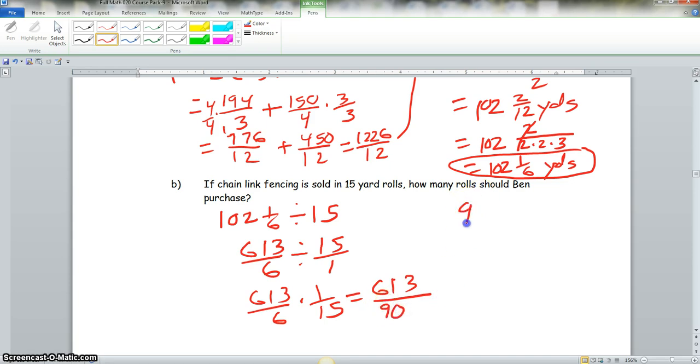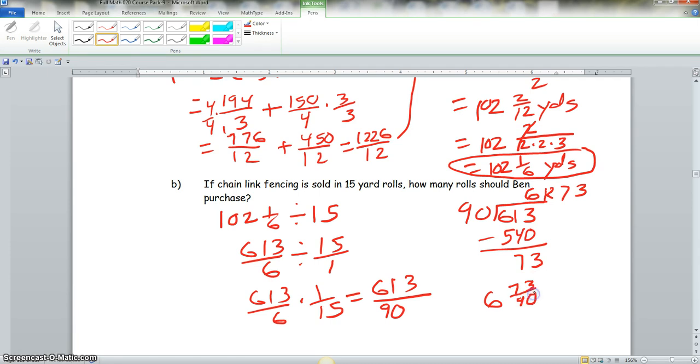Now, we would take 90 into 613. 90 goes into 613 6 times. 6 times 90 is 540. 613 minus 540 is 73. So you have a remainder of 73. So this would give you